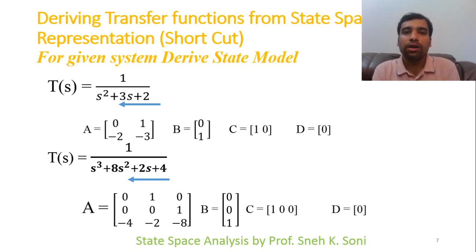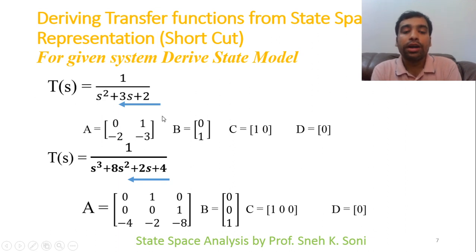Okay, now after understanding the detailed or regular method, I'll teach you a shortcut through which you can convert straight away from transfer function to state space. Here our transfer function is 1 upon s square plus 3s plus 2, and I don't want to apply the regular method which I have done in the previous example. I just want to do it with the help of a shortcut. So what is the shortcut? First of all, you see the order here is 2, so the dimension of matrix A will always be 2 cross 2, B will always be 2 cross 1, C will always be 1 cross 2, and D will always be 1 cross 1, because TF can be applied to a SISO system. So that's why you can straight away predict the dimensions.